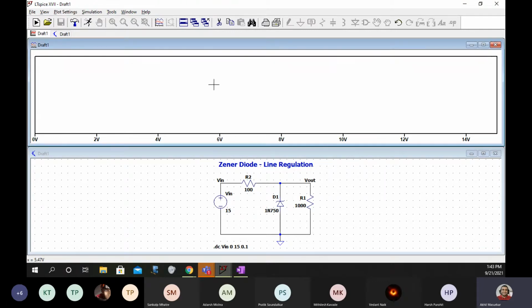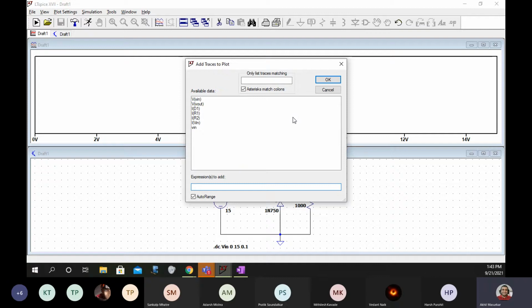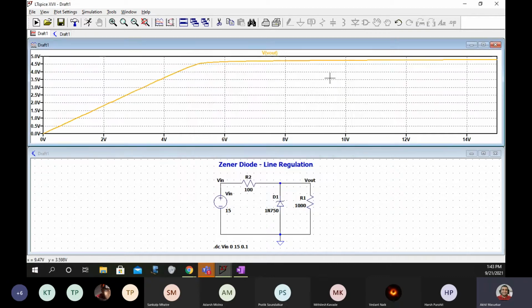Now we want to plot V out. So I'll add trace, and you can see V out is there. Then I want to plot all currents in a different plane, because voltage values are in volts and current values are in amperes or milliamperes.